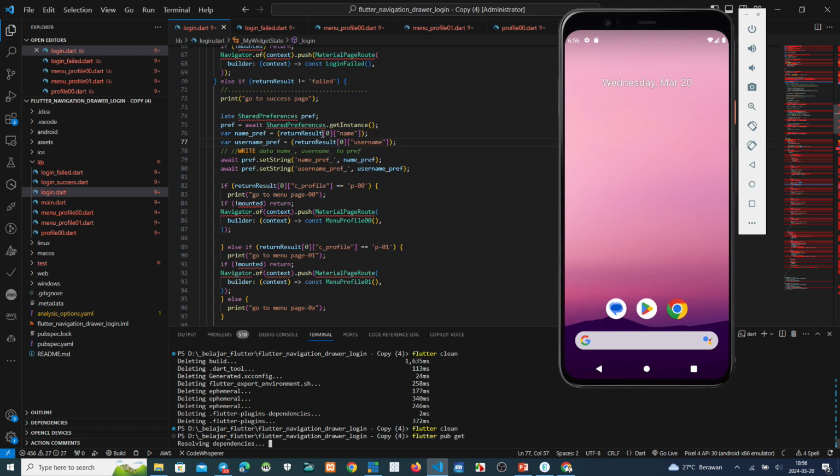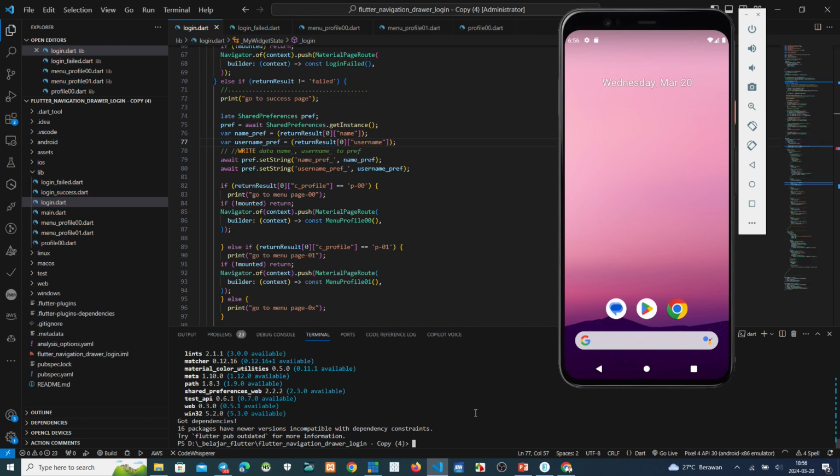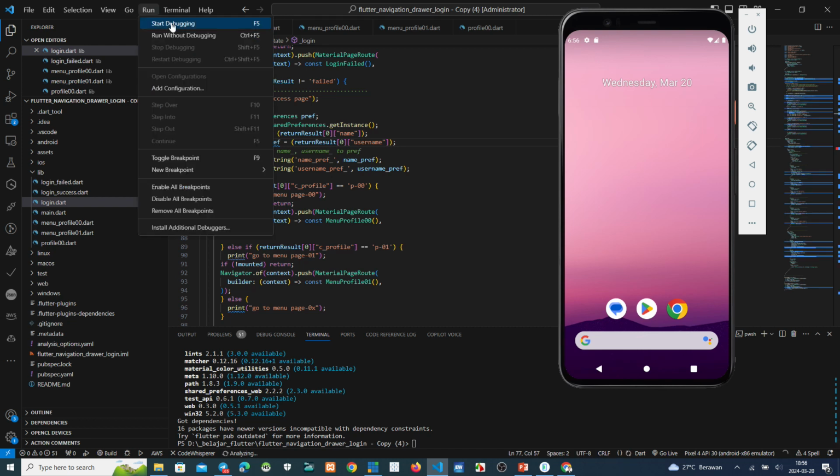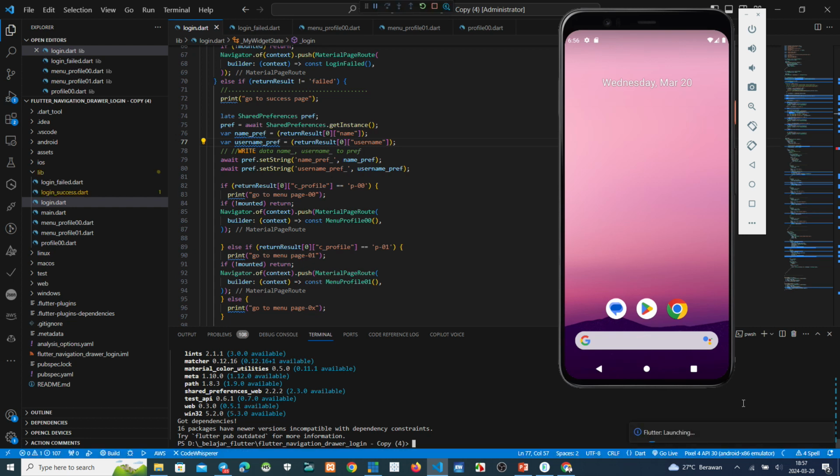After that, we run, and then we make a demo project again. Okay, now we run this one. Run, start debugging. Okay, debugging session will start. This take about 1 minute. After that, we make a login.